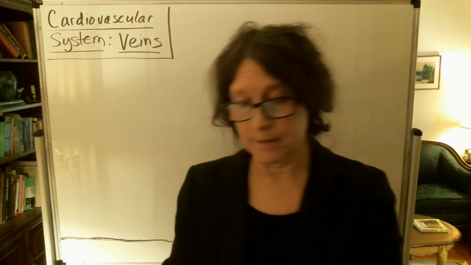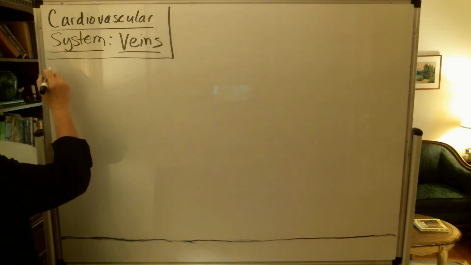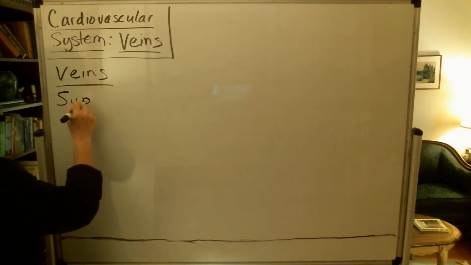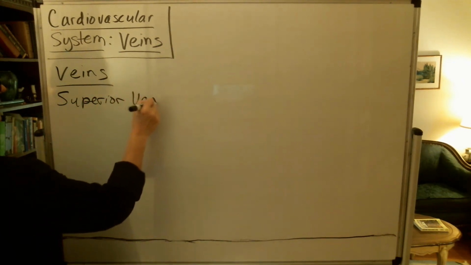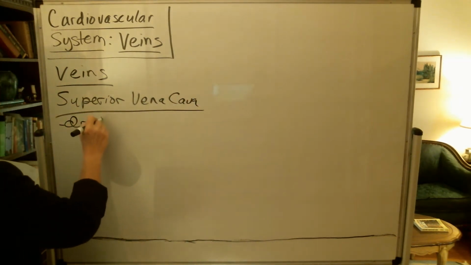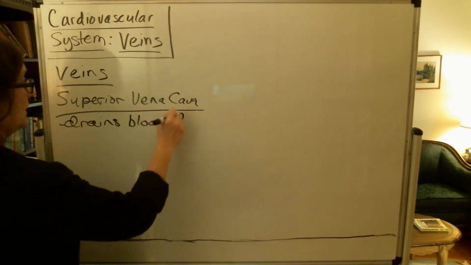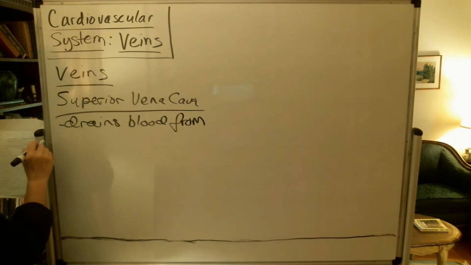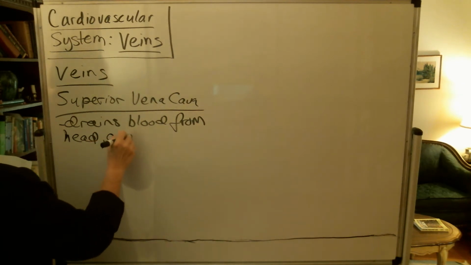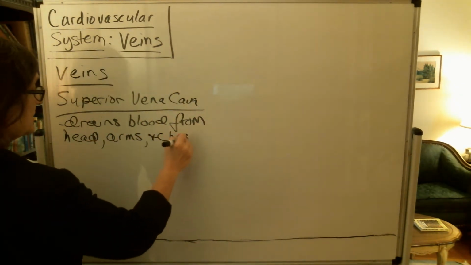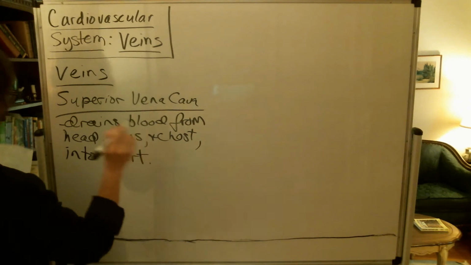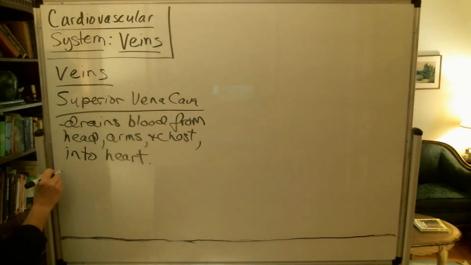This lecture is on your veins. So, as a quick review where your veins are concerned, you have the superior vena cava that drains blood from your head, arms, and chest, and into your heart. And then you have the inferior vena cava